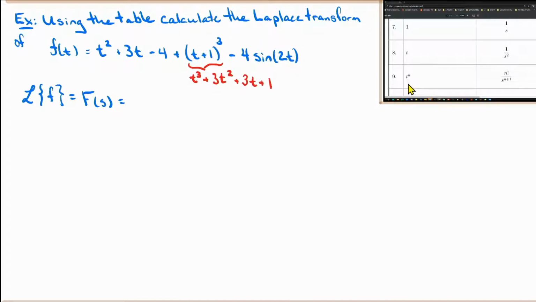Here I have t to the n, but my n would be equal to 2. So if my n is equal to 2, like t squared, what should my output be if I were to do the integral? It should be 2 factorial over s to the 2 plus 1. So this first term, which is the Laplace transform of t squared,